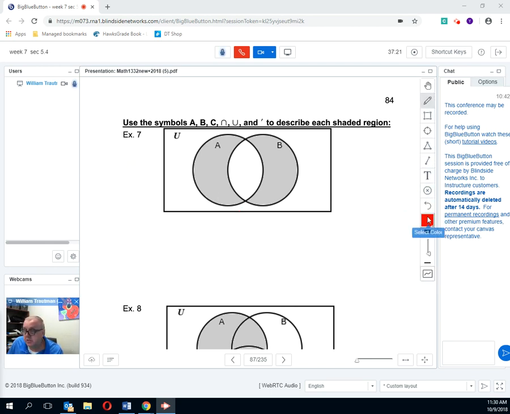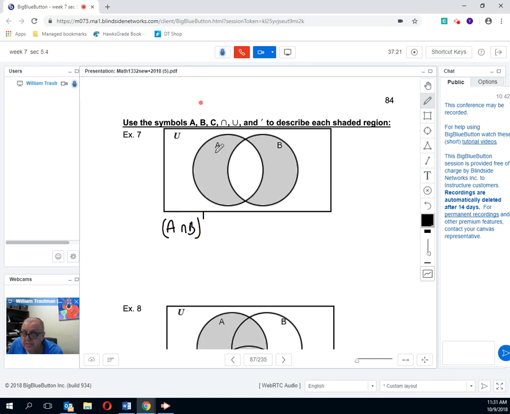Okay, so let's try this. I'm going to use yellow. To start, well, let me use black to write this down. A intersect B. Watch this. A intersect B is this part right here, right? So that's A intersect B. What's in common with A and B right there? So I'm going to clear that off, and I'm going to do A intersect B, and I'm going to say